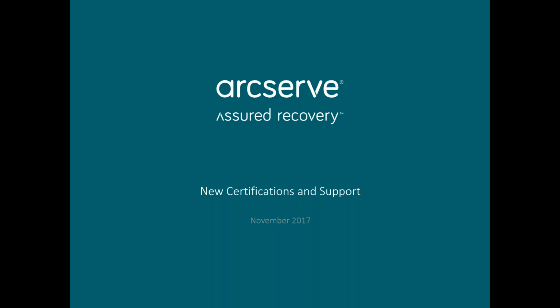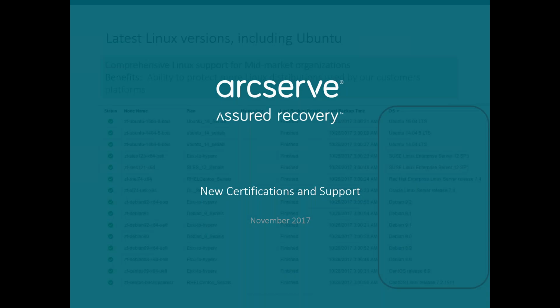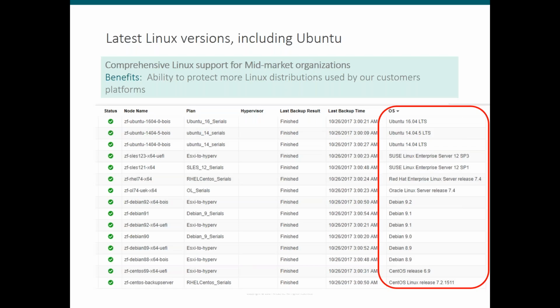Okay, so other things that we've done. As I mentioned before, we've added a lot of new updates to our Linux distributions for Ubuntu, SUSE, Red Hat, Oracle Linux, Debian, CentOS, etc. So we're supporting all the latest updates now for Linux platforms. It's fair to say that most of our customers are quite Windows-centric, but we do have a lot of customers that have Linux distributions in their environment that they need to back up and protect. So we've got really strong support for Linux platforms now, probably the best we've ever had